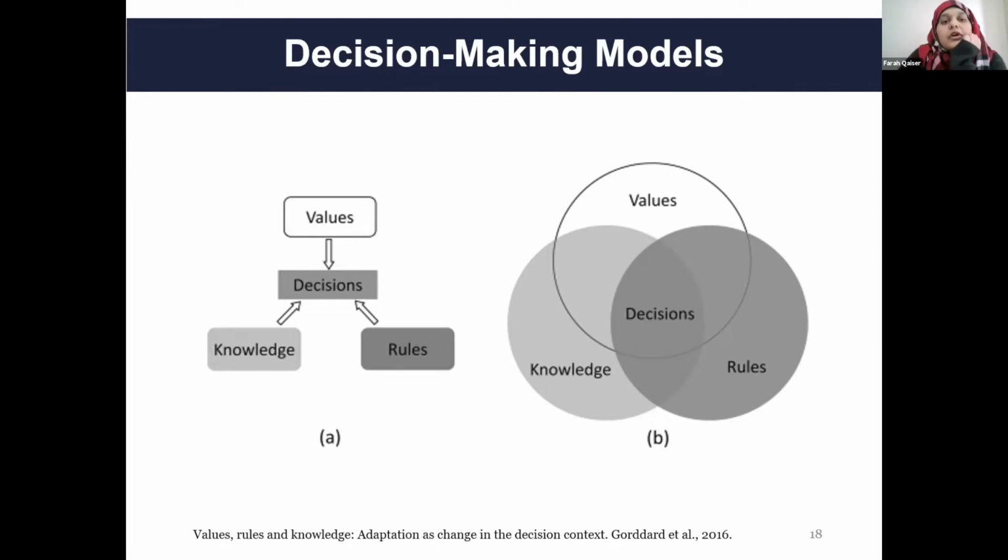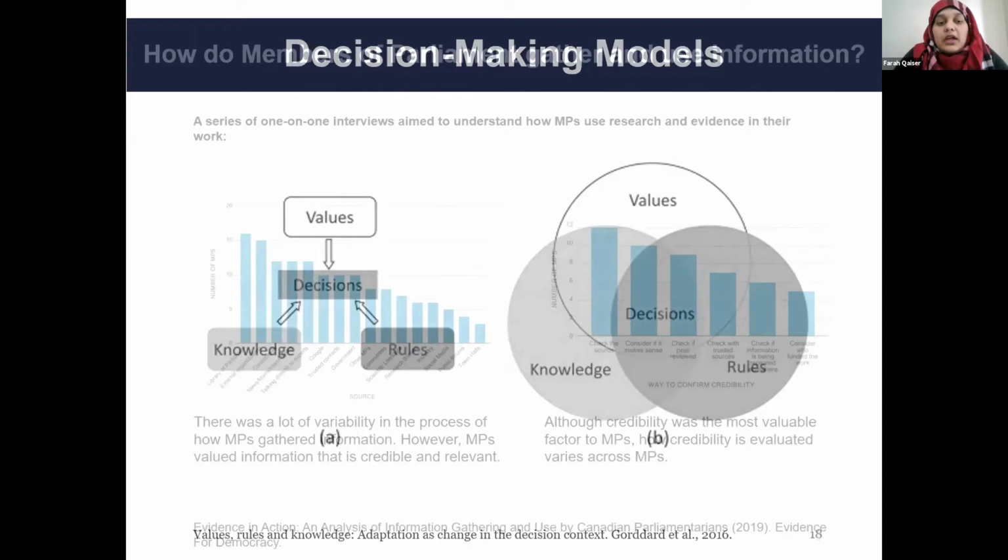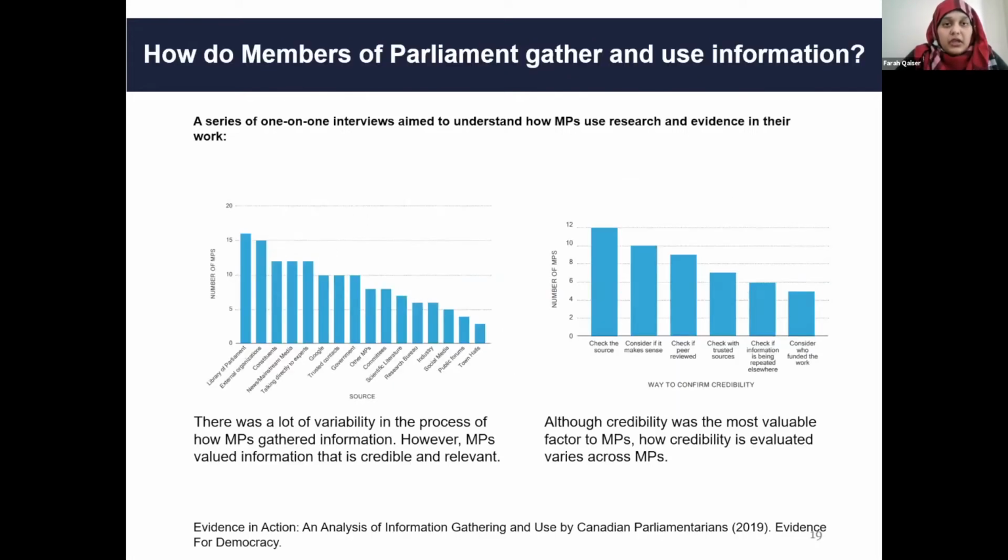I'm going to focus on the knowledge part, and that's going to be interesting. It's this idea of, all right, so the science that is used in decision making, how do decision makers view this? How do they incorporate this into their decision making? And for this, I'm going to pull on the study that was carried out by Evidence for Democracy. So in 2019, Evidence for Democracy, which is a nonpartisan nonprofit, you'd think that I would know this. Full disclosure, I do work at Evidence for Democracy now, and I was not involved in the study.